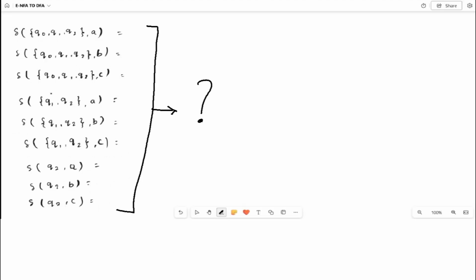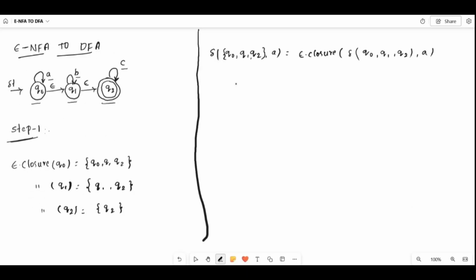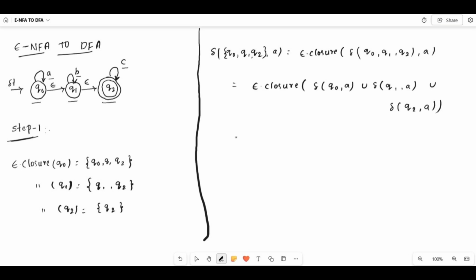Now we have to find the transition of Q0, Q1, Q2 with A, and Q0, Q1, Q2 with B and C, and also Q1 and Q2 with A, with B, with C, and Q2 with A, with B, with C. For this, the formula is epsilon closure of transition of Q0, Q1, Q2 with A is equal to epsilon closure of transition of Q0 with A union transition of Q1 with A union transition of Q2 with A,